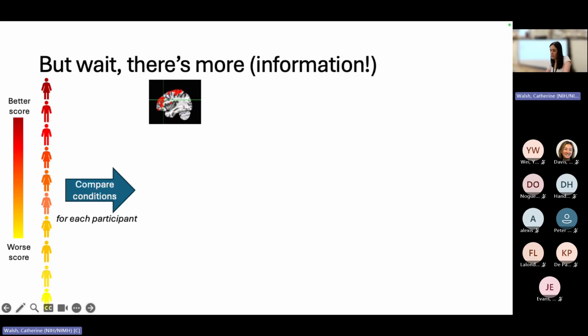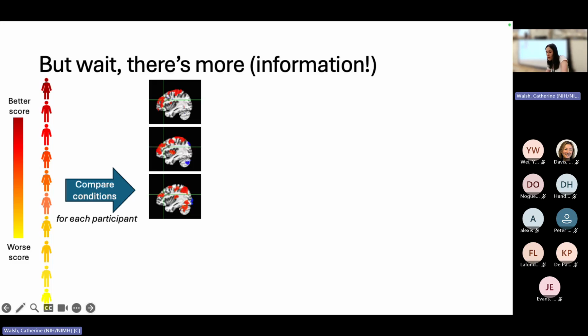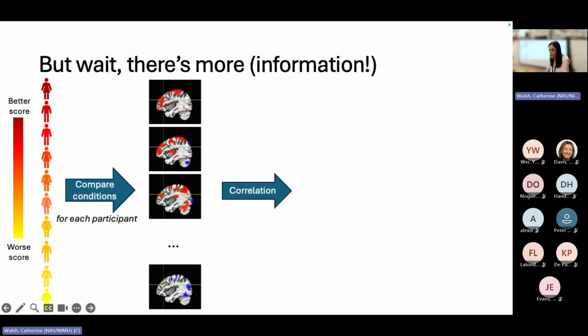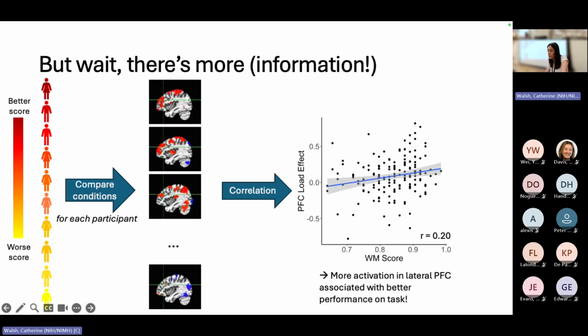What that does is get us a brain map for each person. Some of them will look more similar, with little bits of differences, but others will look a lot different. We can take these differences in the brain maps, correlate them to performance, and that can tell us something new. So here, for instance, this might tell us that activation in a lateral VFC region is associated with